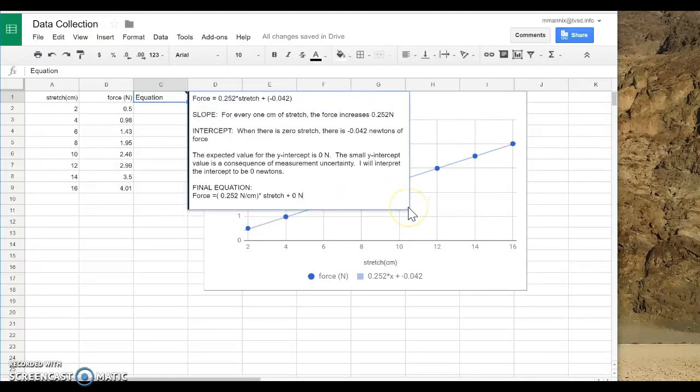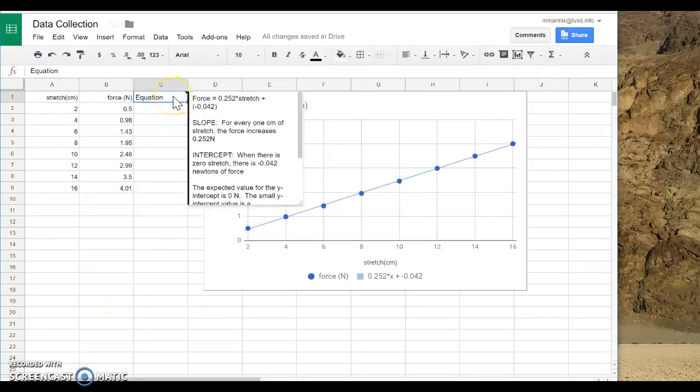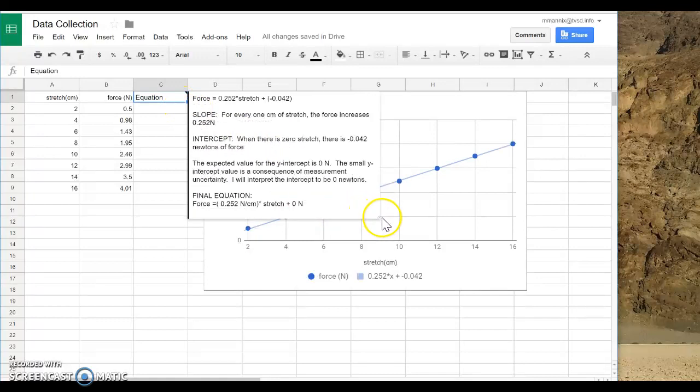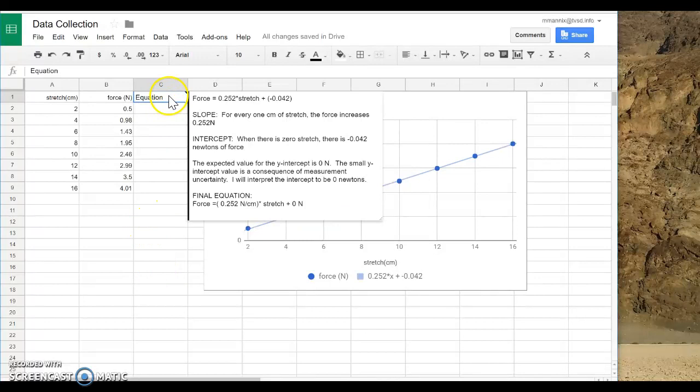That is a full explanation of the meaning of the features of this linear relationship, which is the result of the data collection that we did. So the note is there, even though it will disappear if you left click. It shows up and you can look at it, and when you print this out, it will print out a second page with this note on it. So this is how I can view it if I'm looking on the computer, and if you print it out, it can also be